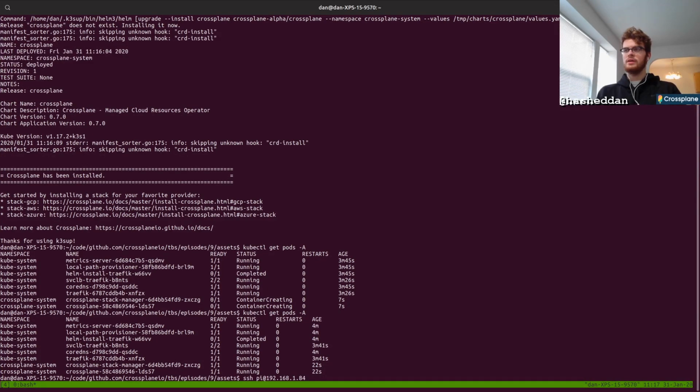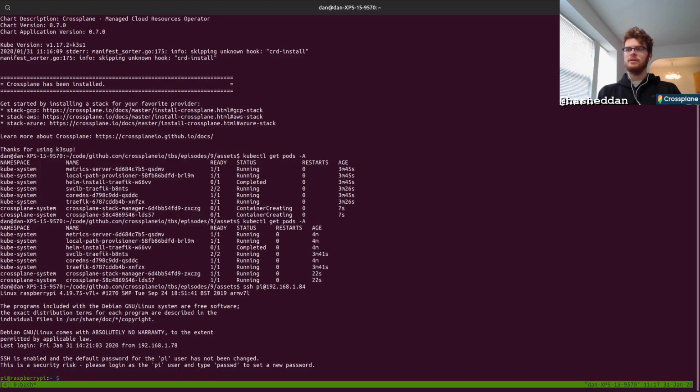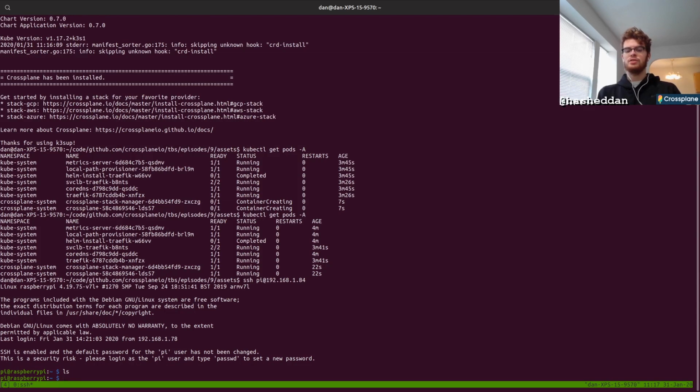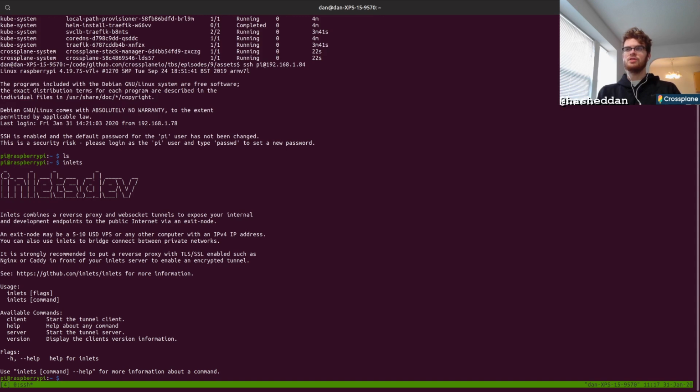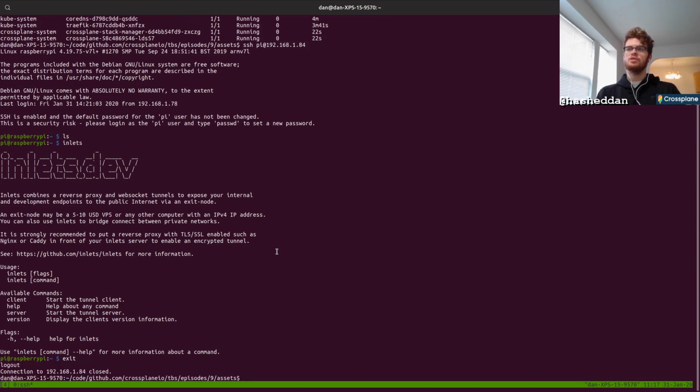So I'm going to quickly SSH into the Pi, so you can see that I have connection here. I actually already have Inlets installed on here, which we're going to use later. But first what we want to do is just install K3s, so we have a Kubernetes control plane on the local Raspberry Pi. So we'll hop back over to the guide here,